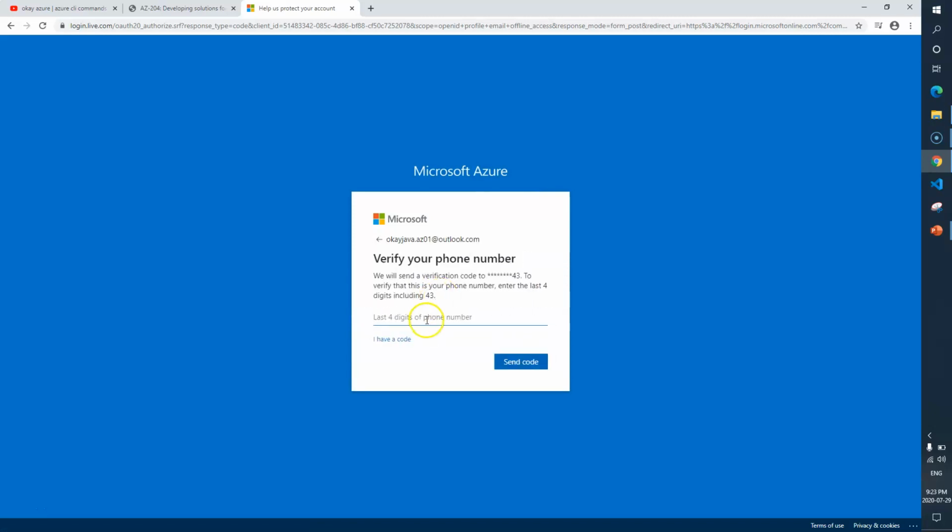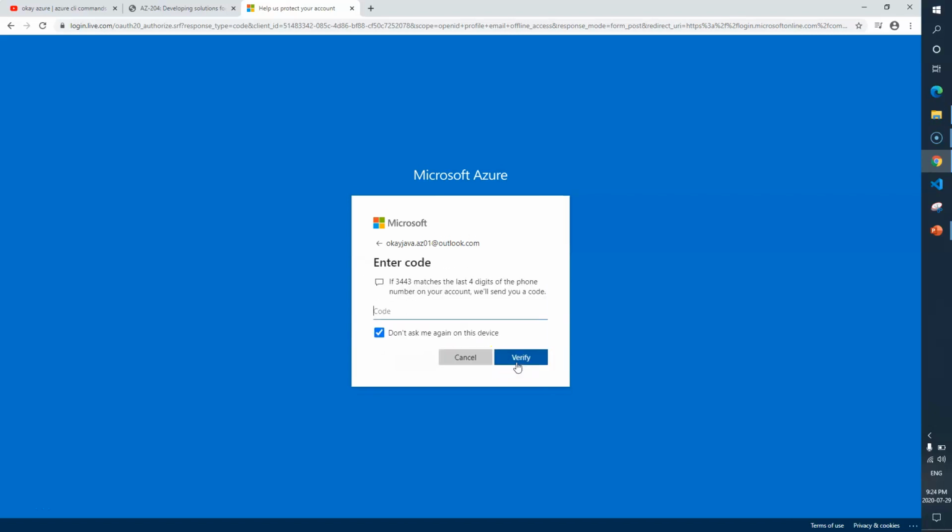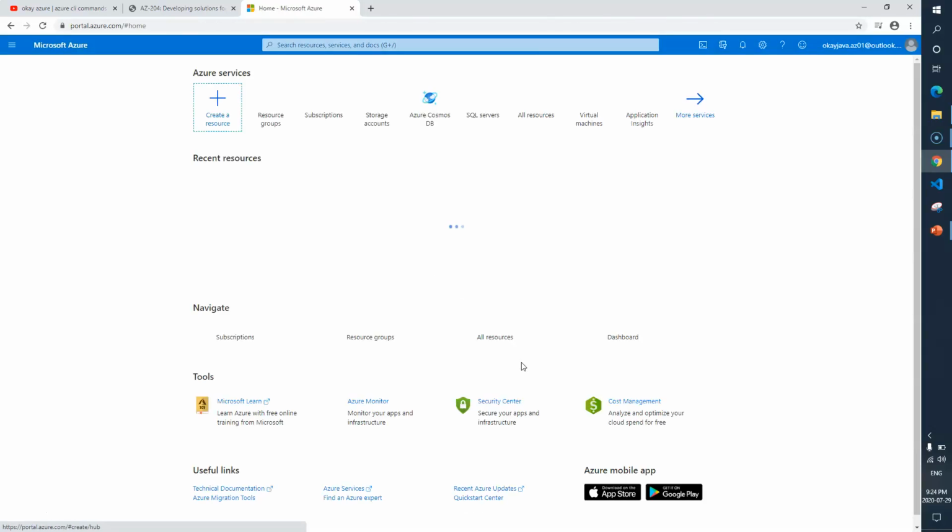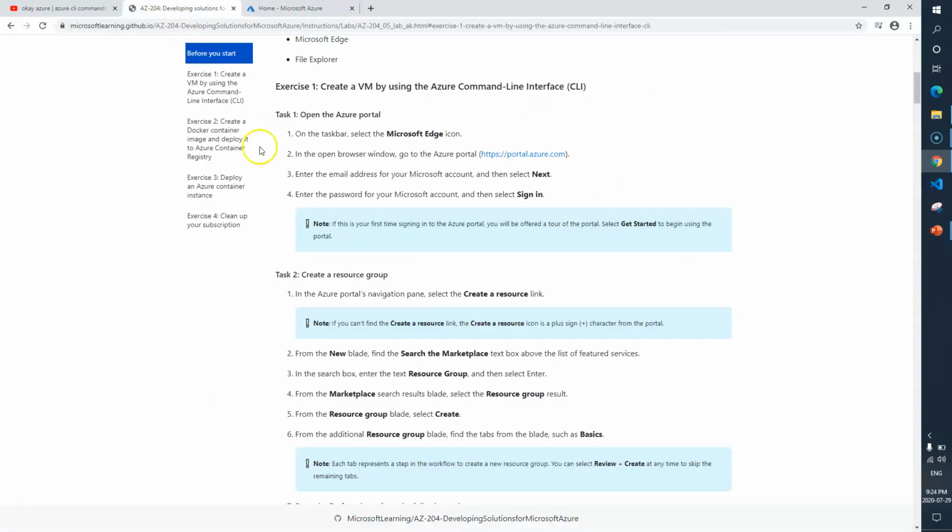Okay, because I have enabled multi-factor authentication, I have to put my OTP here. It's 27215. Okay, verify. Okay, so we are good. Task one was just to log in to the Azure portal. So we are good here.